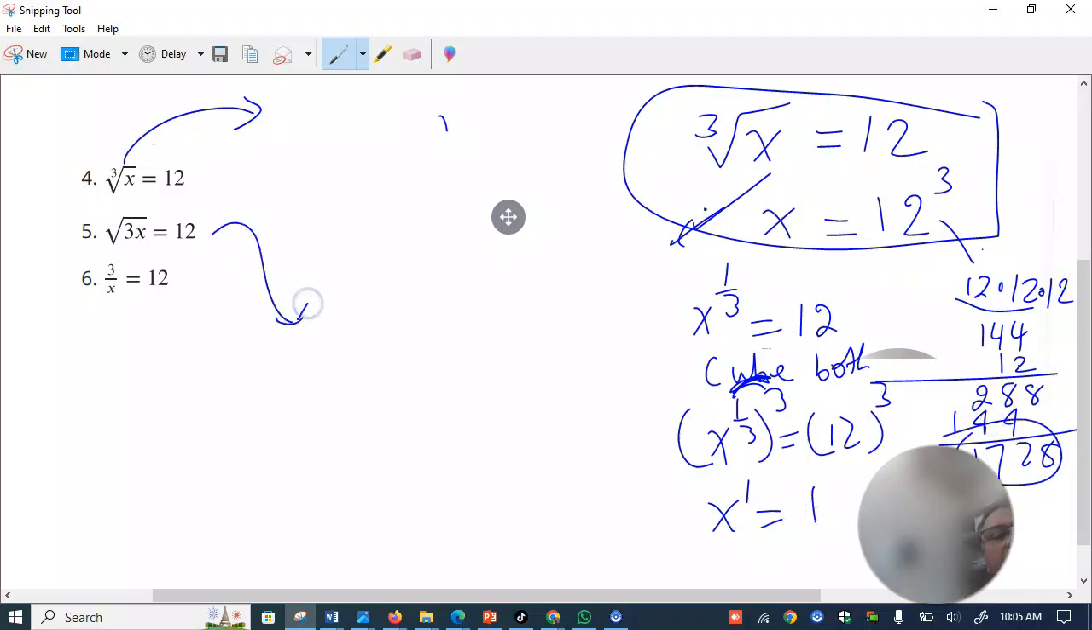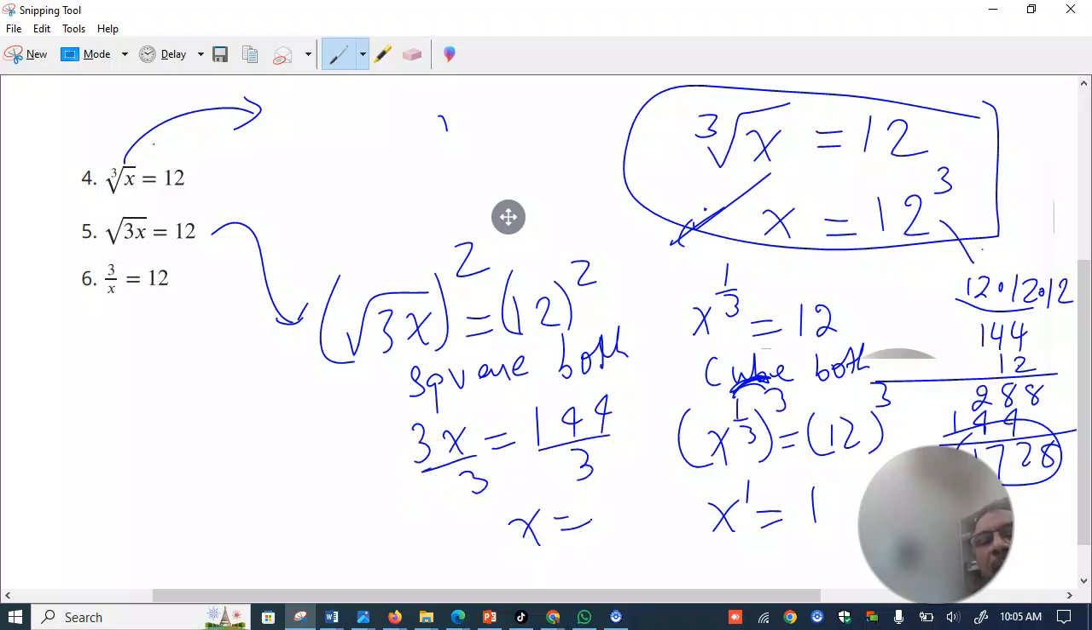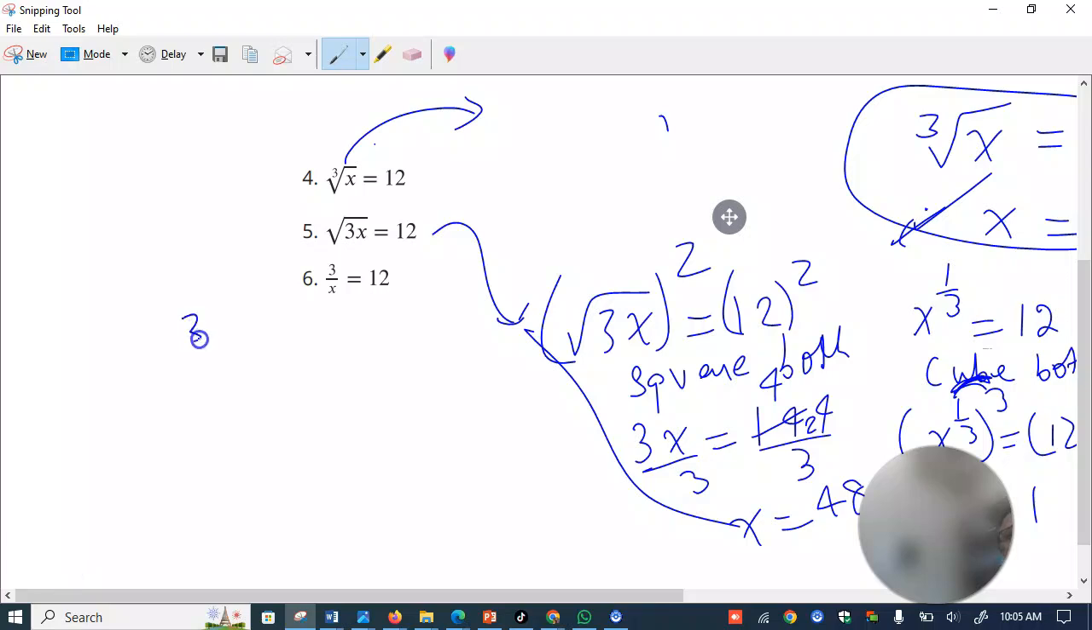In this case, you have the square root of 3x here. You just have to square both sides. So squaring both sides gives 3x equals 12 times 12. If you square this, you get 144. And 144 divided by 3, you get x equals 48. So if you see the last one, 3 over x,